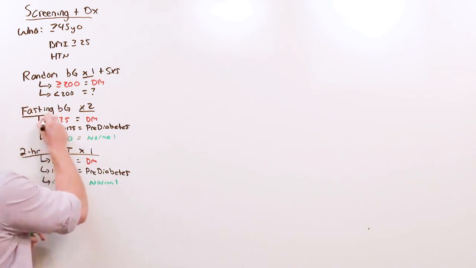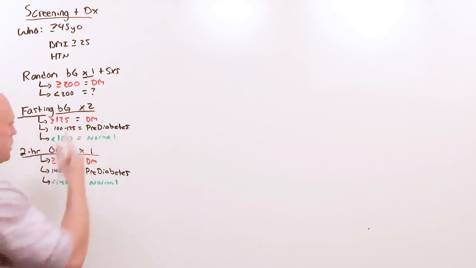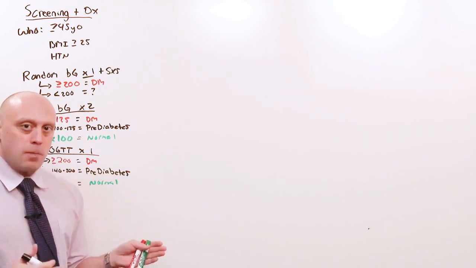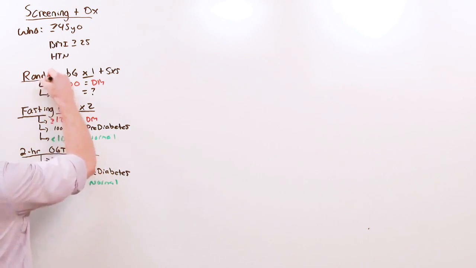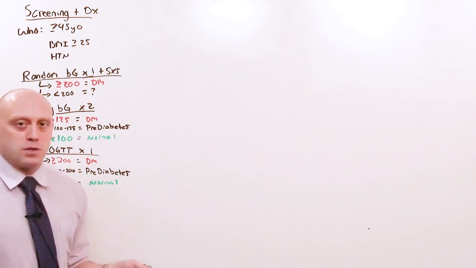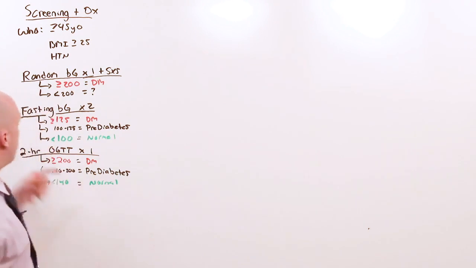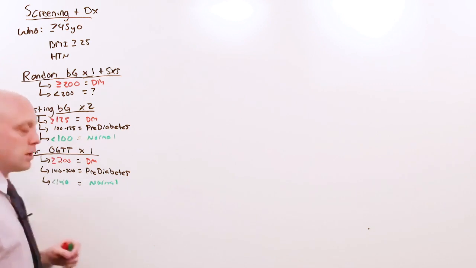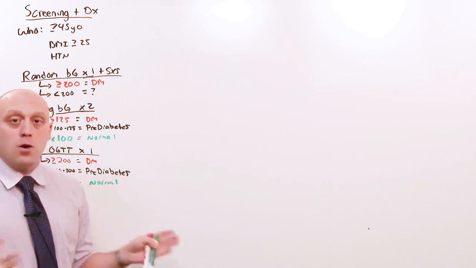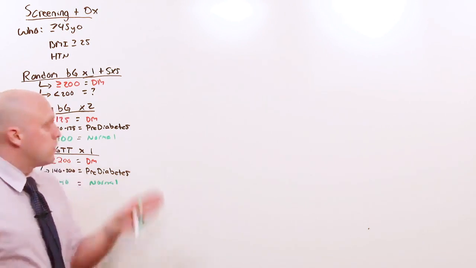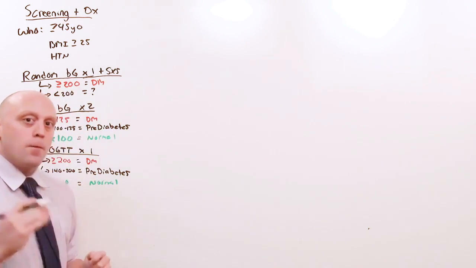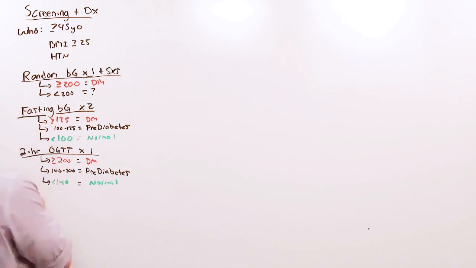The fasting blood glucose is good, but you need a confirmatory test, and the patient has to be fasting. That's not such a big deal, but it's something to consider. And then the random blood glucose is probably the worst. It's good when you have symptoms, but you can't know what's going on in the patient's life when they check that sugar. And the random and fasting and even the 2-hour glucose tolerance test are all impacted by things other than diabetes. If they're infected or on steroids or whatever, if there's something that disrupts the glucose, you're not going to catch that, right? You're just going to see what's happening to them right now, which is why for most patients, the preferred method